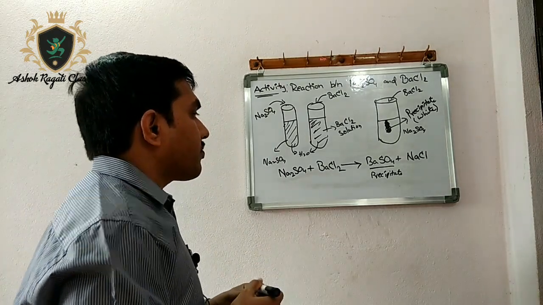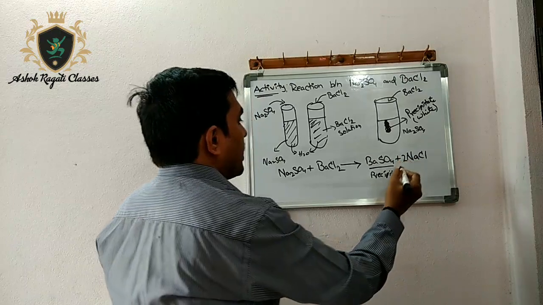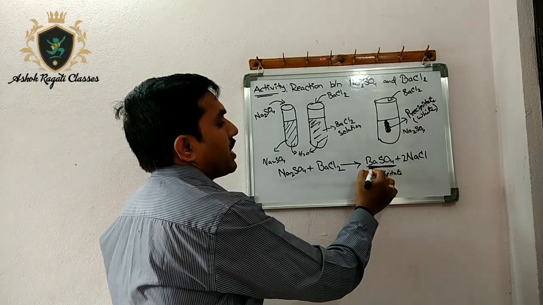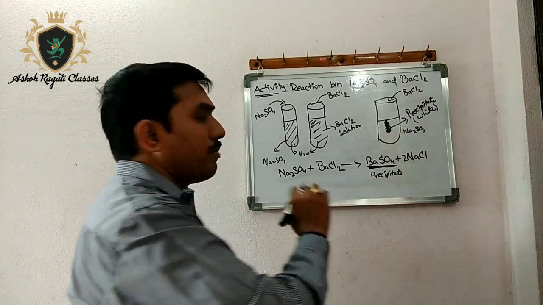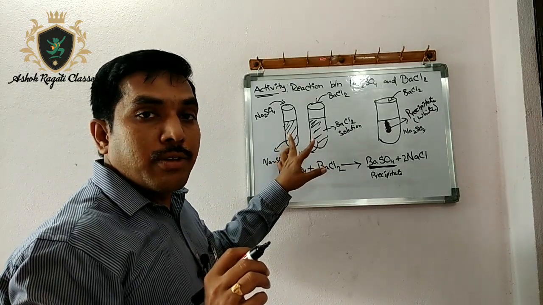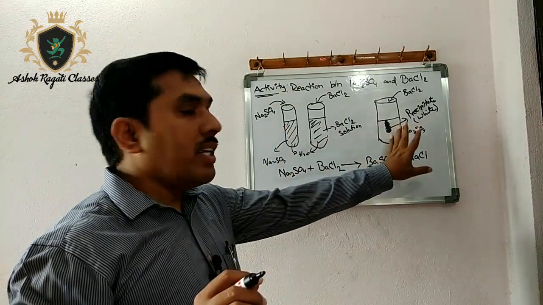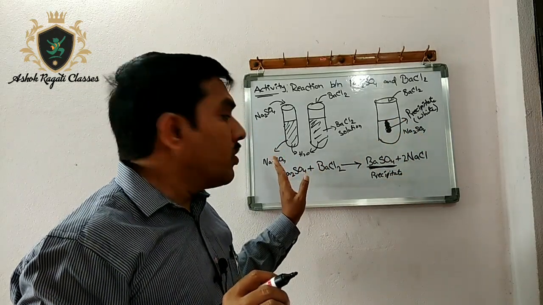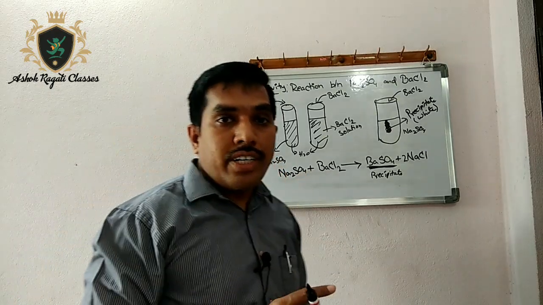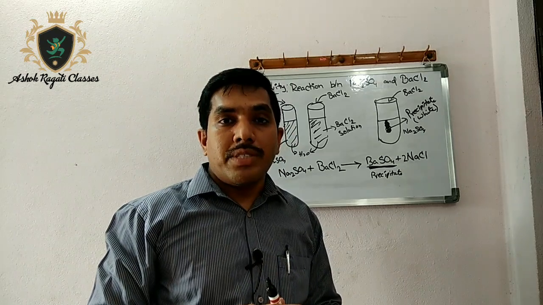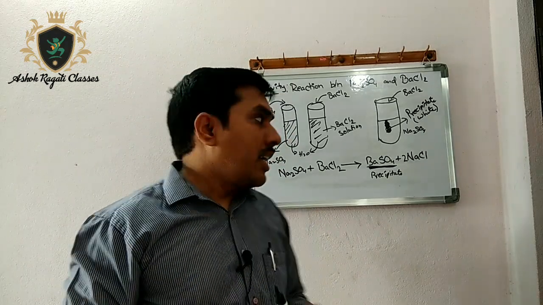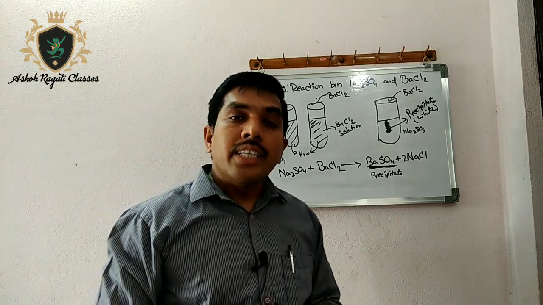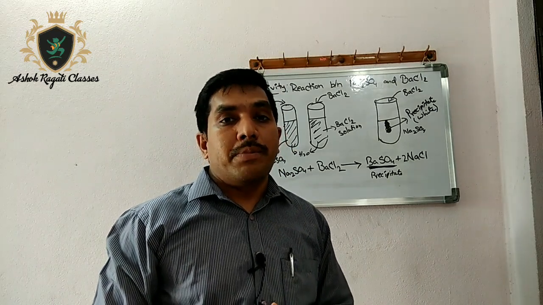If you balance this equation, you get 2 NaCl and barium sulfate. Which is the precipitate? Barium sulfate is a precipitate, and it is white in color, but initially these two are colorless solutions. The properties of the produced substances are totally unlike those of the original substances. Yes or no? That's what we discussed. What is a chemical change? Where the new substances are totally unlike the original substances. So in this reaction we come to know that there is a chance of producing a precipitate.